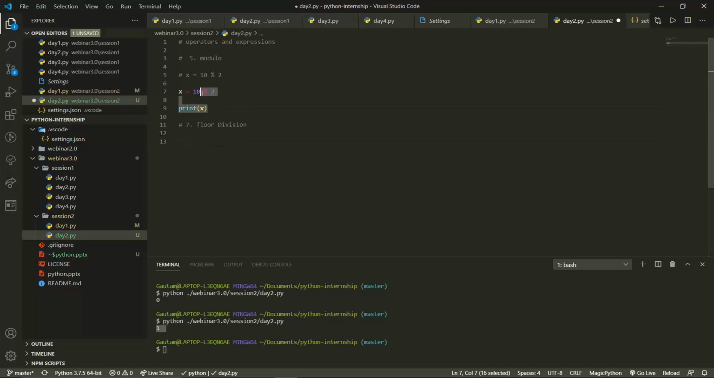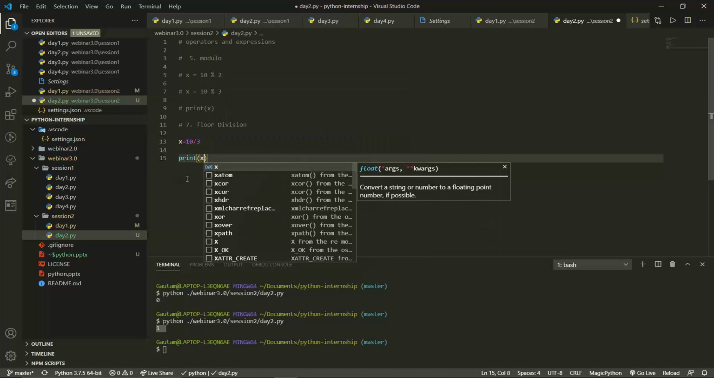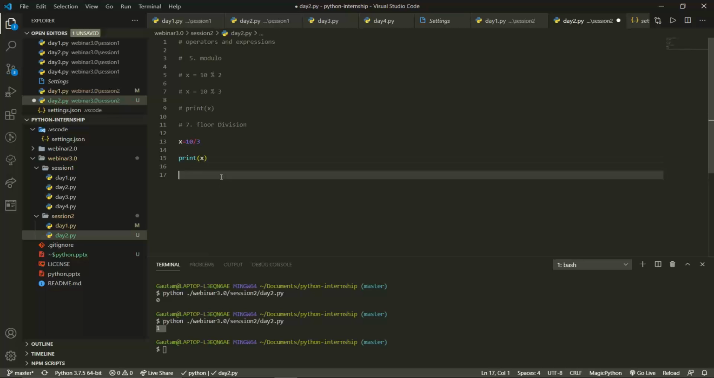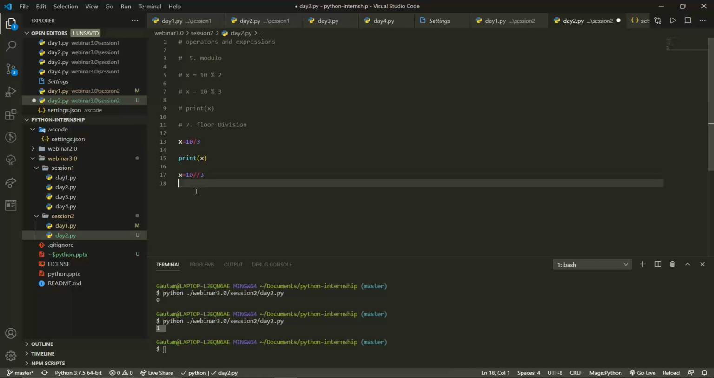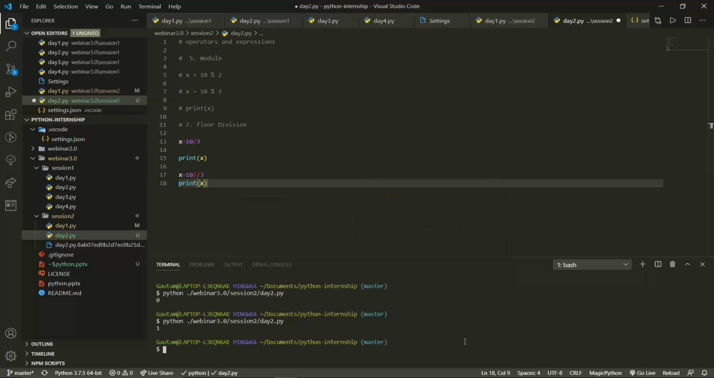Now, if I have a value x equals to 10 divided by 3, let it be 10 divided by 3. So I will just print x. But if I have a value like x equals to 10 floor division by 3. Now there is a normal division over here and I have used floor division over here. And now I will print x. Okay, so when I execute it now,